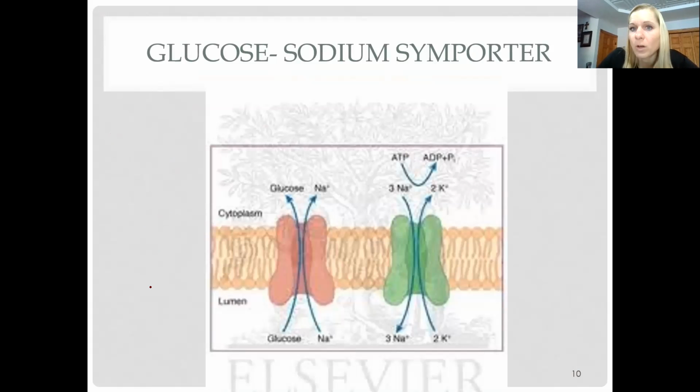One thing that's kind of cool about the way in which glucose is going to move is it works through a symporter system, okay? And so a symporter basically means that I'm going to move two molecules in the same direction at the same time. Okay, so it's still going to work through active transport. I still need an energy investment in order for this to happen. But when I move glucose, I'm also going to move sodium or salt. Okay, so essentially what I'm telling you is if I have sodium,